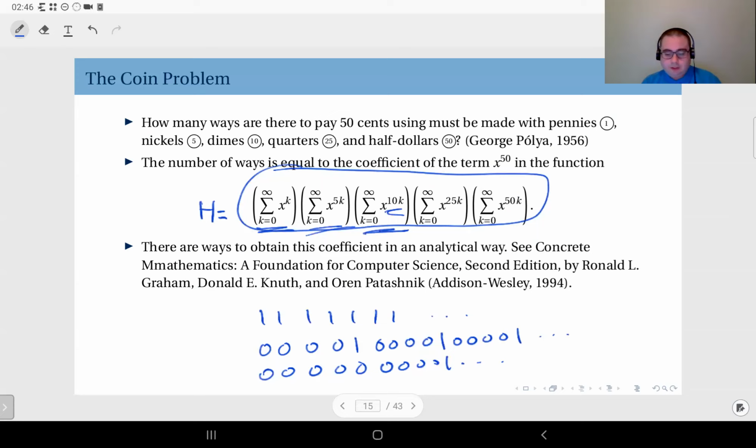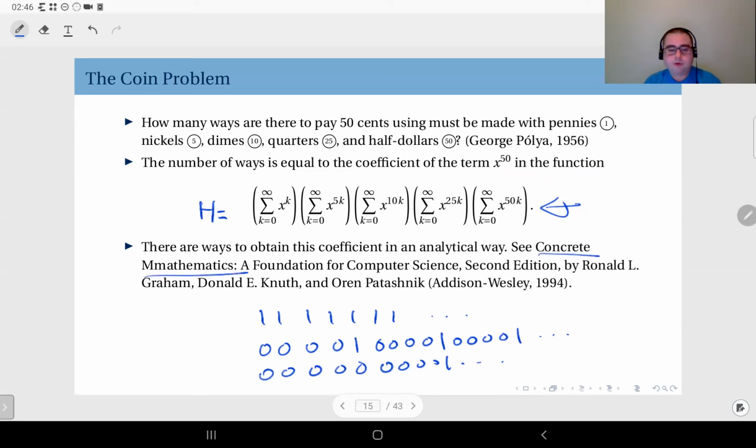Now, of course, we are not going to really expand this out by hand. If you can do that, of course, we will just look at the coefficient of x to the power 50. But there are ways to obtain the coefficient of x to the power 50. But for this specific problem, it's not really very short and it's not really much instructive, so I didn't involve it here. It takes a lot of time, and if you're interested, you can actually